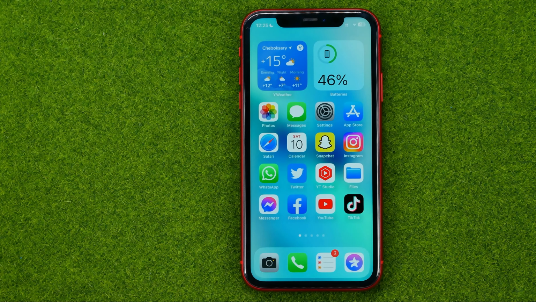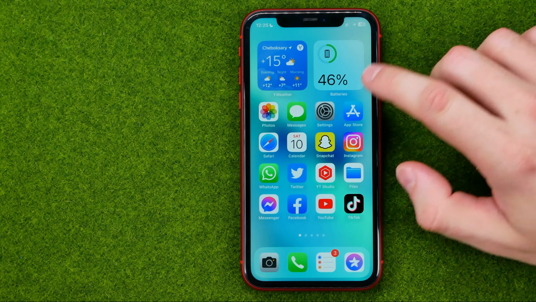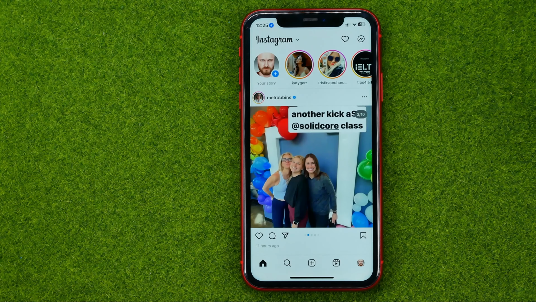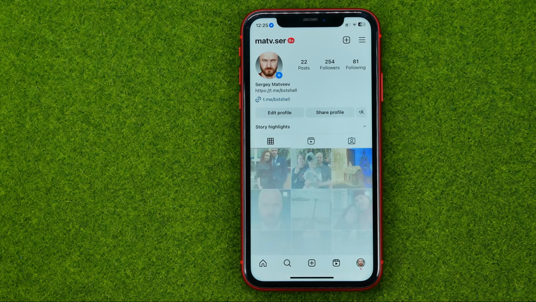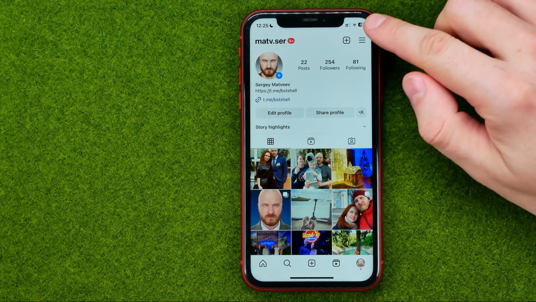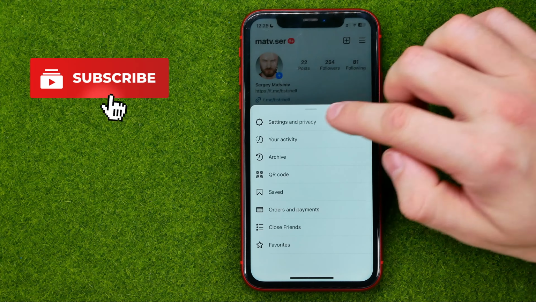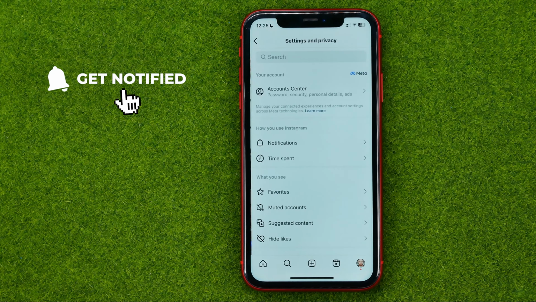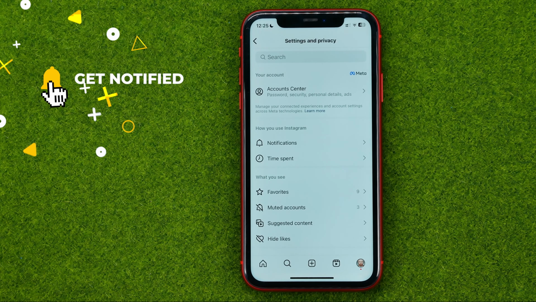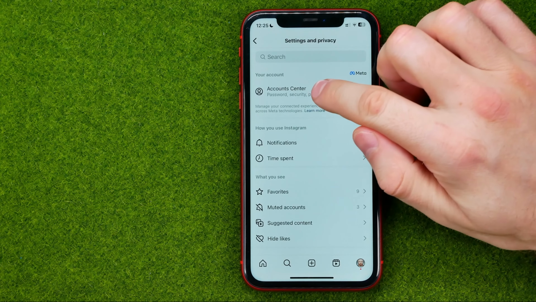So let's get started, and first off, open up the Instagram app and then go to your profile. After that, tap on these three lines at the top right corner and select Settings and Privacy. Then at the very top you can easily find Account Center,